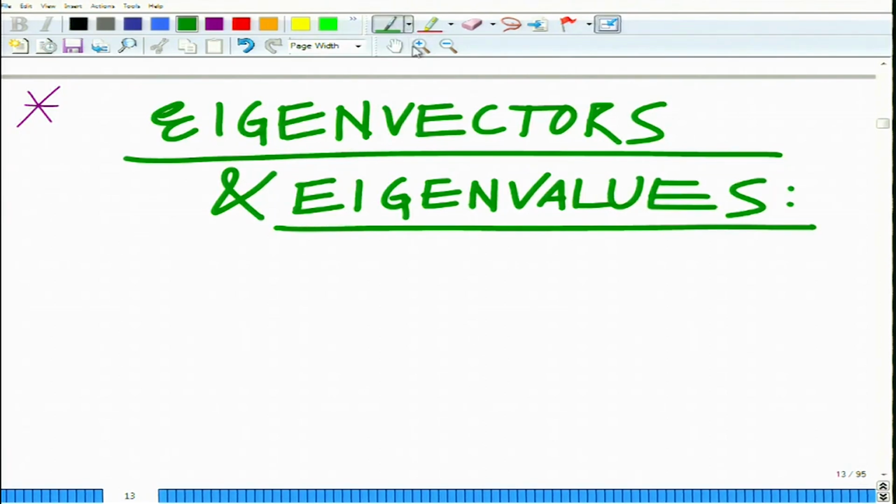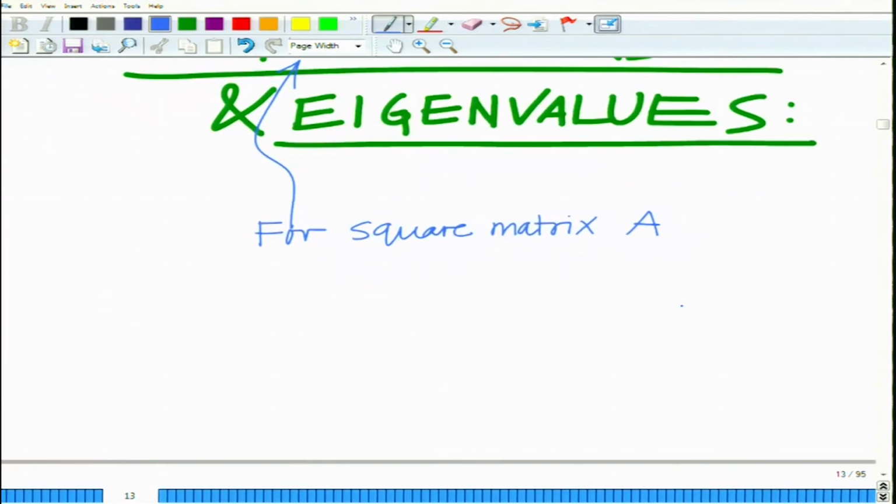Okay. And now, the notion of eigenvector and eigenvalue is defined for a square matrix, correct. So, for a square matrix A, x bar is an eigenvector